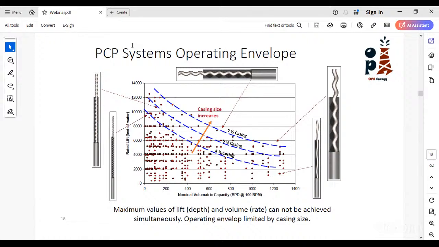Okay, thank you. We have a question: how can we troubleshoot if the PCP is tripped on high torque, setting reset? Can you explain it? Now, I think this question is an advanced one we can talk about later in the course, and I think this webinar is limited to the intro about the PCP theory and design. I think it is not suitable to answer this question in this webinar, but of course we can answer it, so let's postpone it to the course.